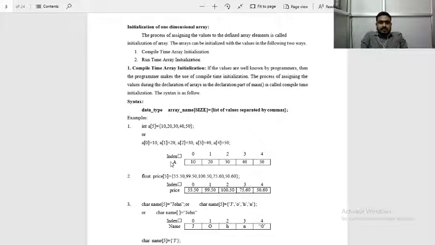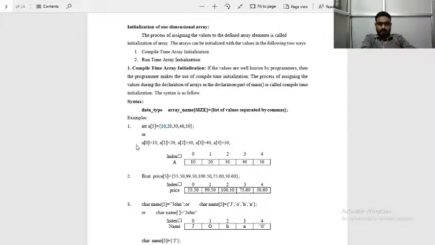The syntax is as follows: data type, array name, size in square brackets, and a list of values separated by commas. For example, we take int a[5] and then initialize the array elements with the values 10, 20, 30, 40, 50.